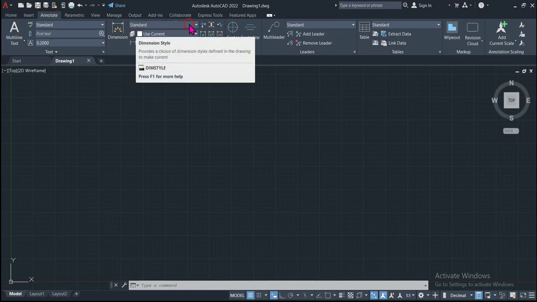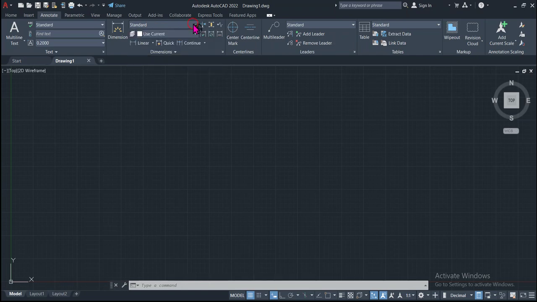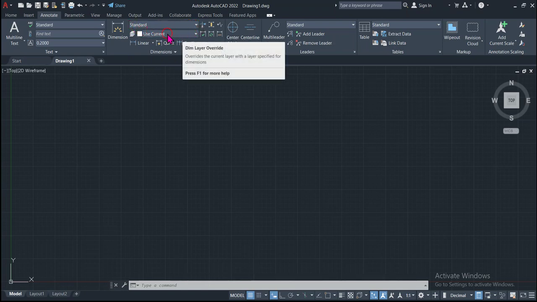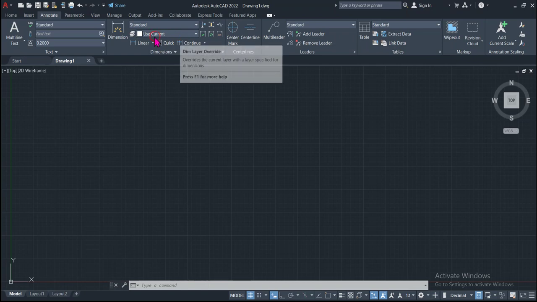This is in the standard. Depending on the requirements, you can use the default or innovative or standard, and these are the different, these are the colors for the layer. This is linear, this is the quick, this is the